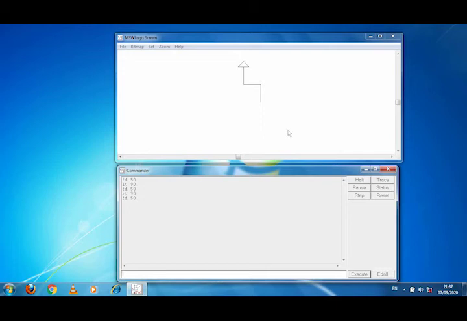Now again, to clear this, I will write clear screen, CS. The screen is cleared, and to clear the commands that are there on the output box, CT stands for clear text. Click on execute. The entire commands seem to be removed from the output box. Now we shall see another